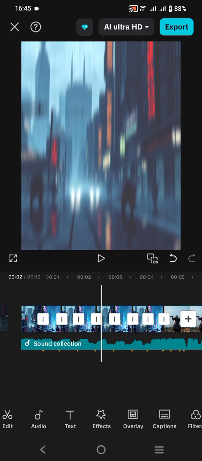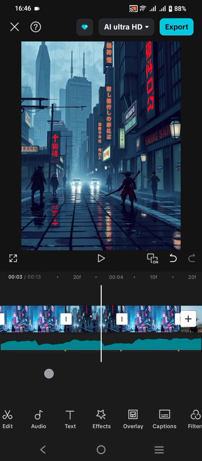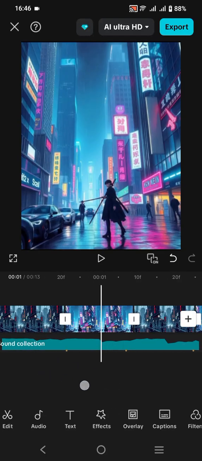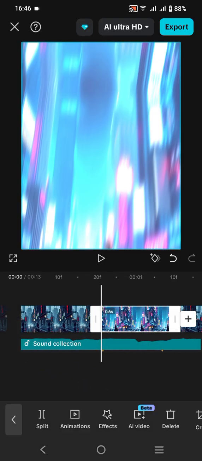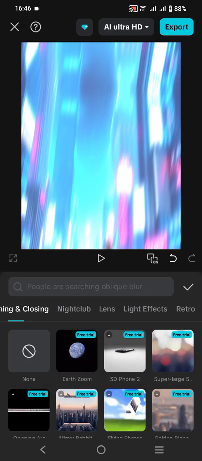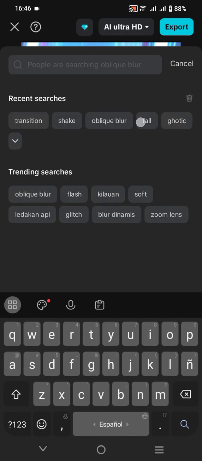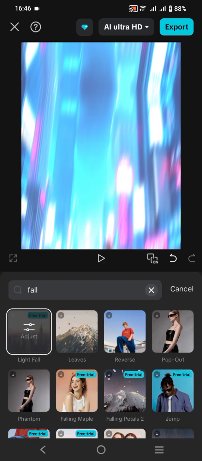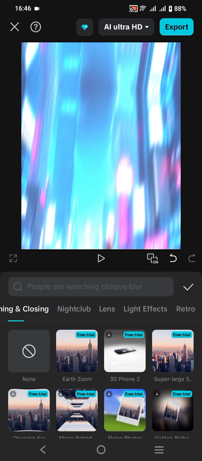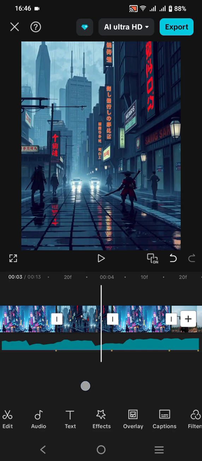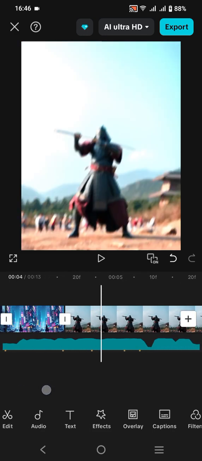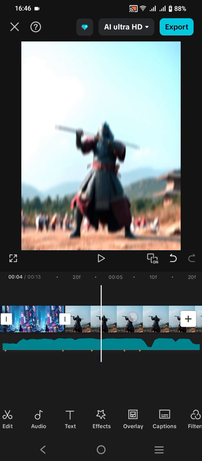For example, for this first and second picture, I add the effect named light fall over here, and I apply it to this second picture and to the other copied pictures. And after that, for this picture,